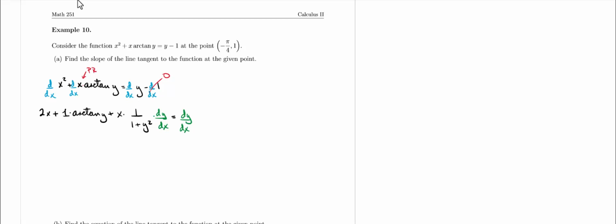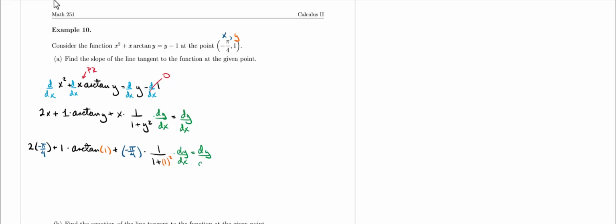We can isolate the dy/dx and then plug in our values for x and y given here. But another approach, which I like to do, is plug in the values now and then isolate the dy/dx. So I'm going to plug in the values for x and y to see what we get. We're going to have 2 times negative pi over 4, plus 1 times the arctangent of 1, plus x times 1 over 1 plus y squared, so 1 plus 1 squared, times dy/dx,